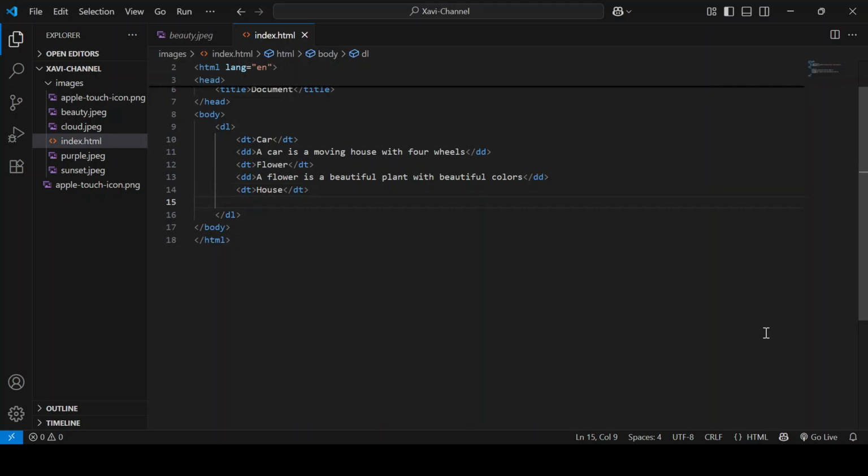Let's have the next thing as our what? DD tag. This is the DD tag. So now we just queued in house. So let's describe a house. A house is okay. A house